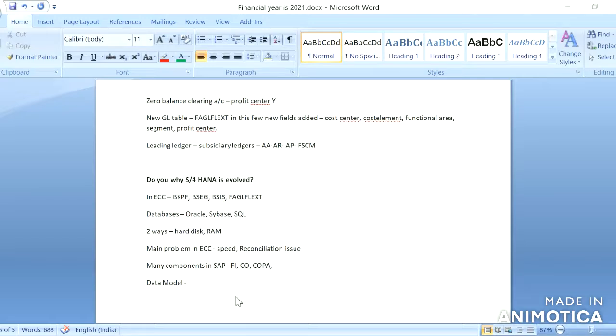So the way the data is stored now is a challenge in ECC, that is the data model.